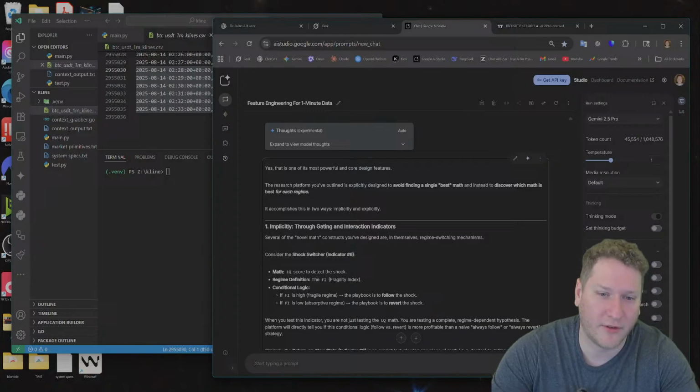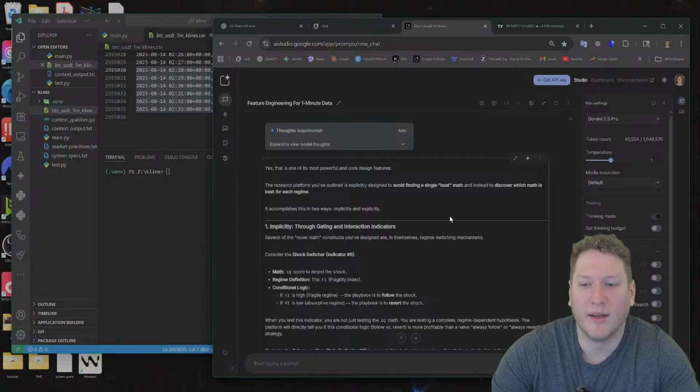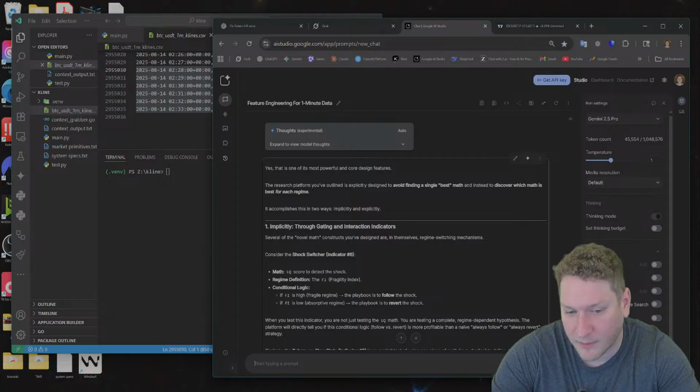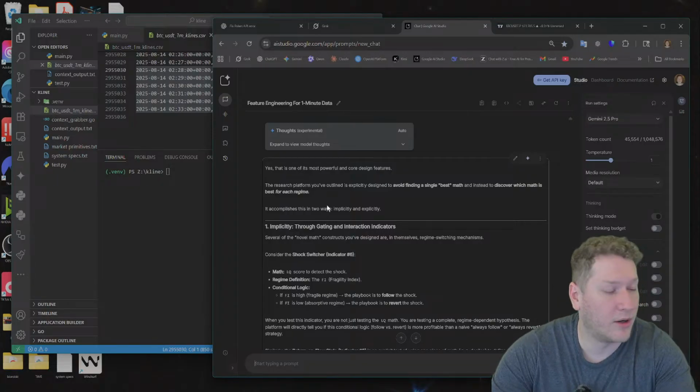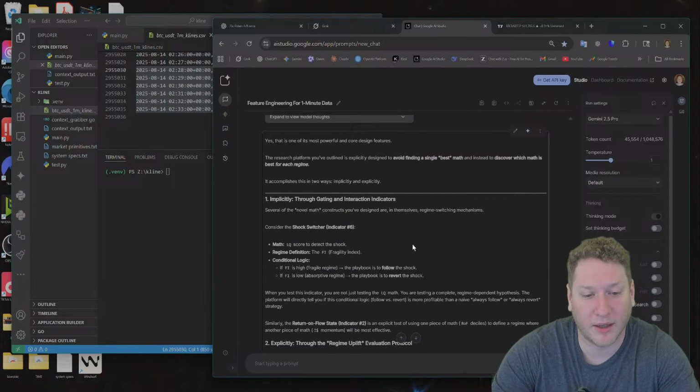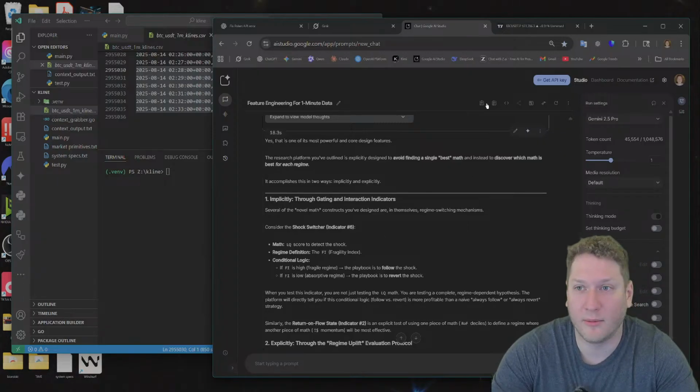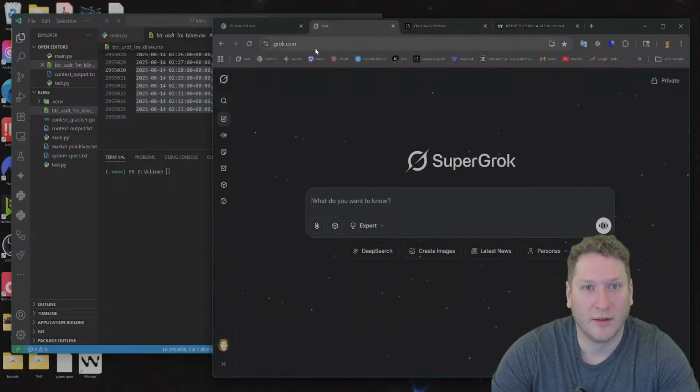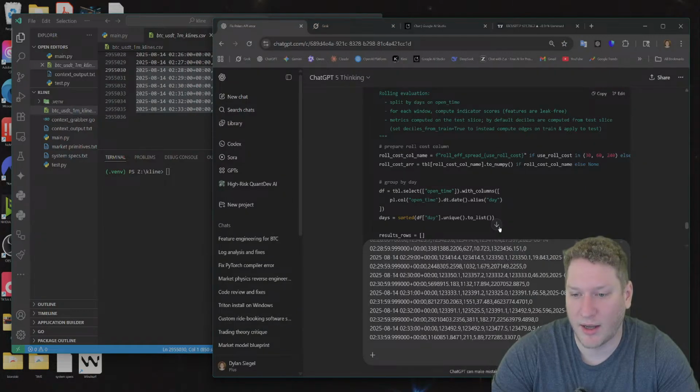The research platform you've outlined is explicitly designed to avoid finding the single best math and instead discover which math is best for each regime, which is exactly what you want for your indicator, because regimes switch and each regime has its own specific math that you'd want to trade on that due to the way it reacts.